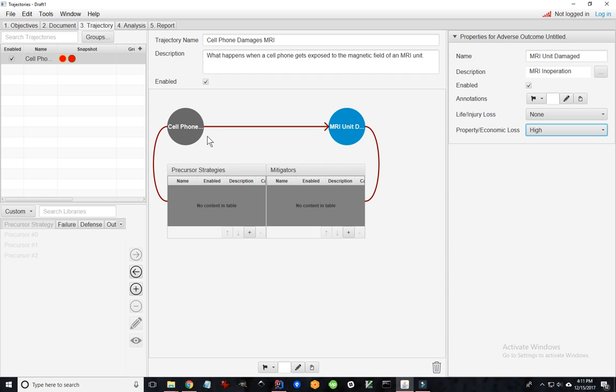Now I can ask myself procedurally, what should have been done to prevent this from happening, and I can model that. I'm going to show a little bit of interaction with our library here. In our library, we can build up various components and reuse them in different trajectory descriptions. The library is almost empty at this point since I'm starting a new document. But let's go ahead and put this in a medical section, and I'm going to start building up some defenses